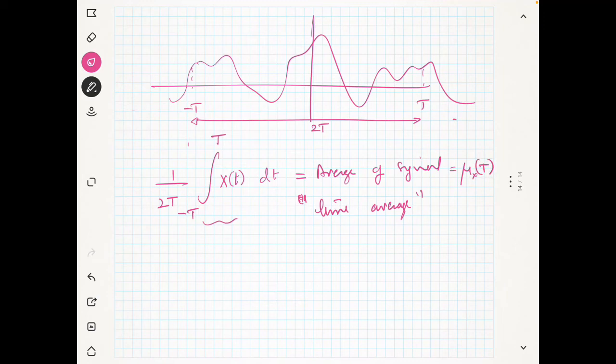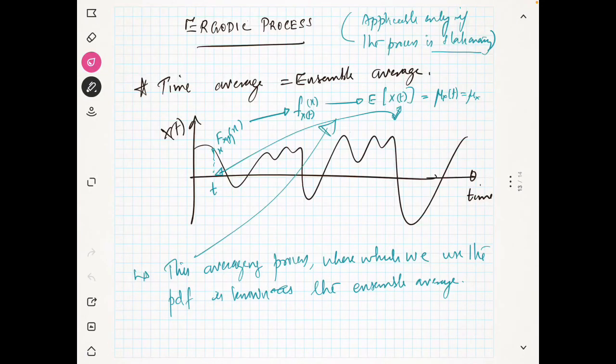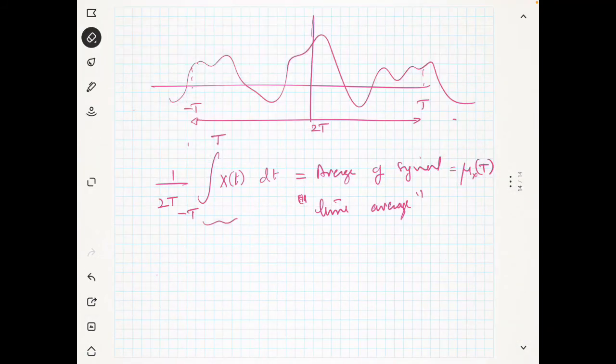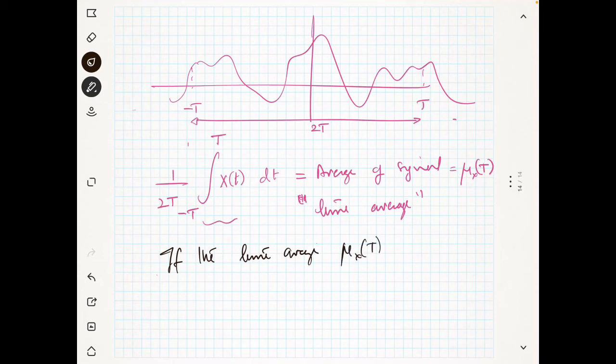Now this mu x of T, this is known as mu x of T, and previously we have called it mu x. This is the ensemble average. So if both these averages are equal, if the time average mu x of T, and you should note that this T is a very large number, T is tending to infinity anyway, so T is a very large number. So if the time average mu x of T is equal to the ensemble average mu x, then